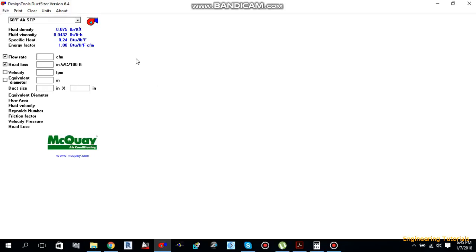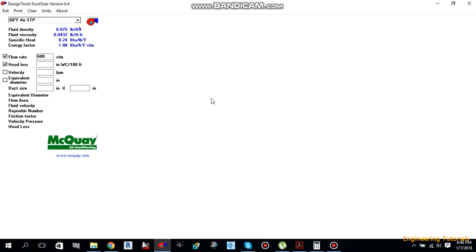for the particular room, and I want to calculate what will be the duct size that is coming out from the machine. So for this purpose of 600 CFM, from the supply data sheets, let's say we have selected a ceiling ducted fan coil unit, FCU. So if we will go and give our CFM of 600 over here, and we move to the head loss